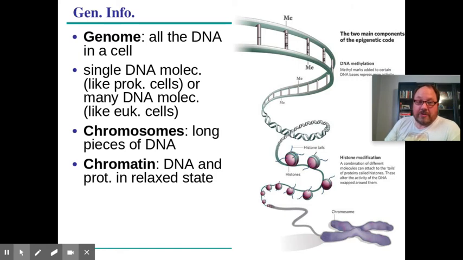A genome is in reference to the complement of DNA that's found either within an individual or within a species. So you can speak of the human genome. With the human genome, we're looking at what are the 25,000 genes that the human species possesses? Or you could look at individual genomes. So of those 25,000 genes, what copies do I have or do you have? You can get your genome sequenced for, I think, under $1,000 now, and you can figure out what copies of all these 25,000 genes you have. Again, a genome is in reference to all the genetic material.